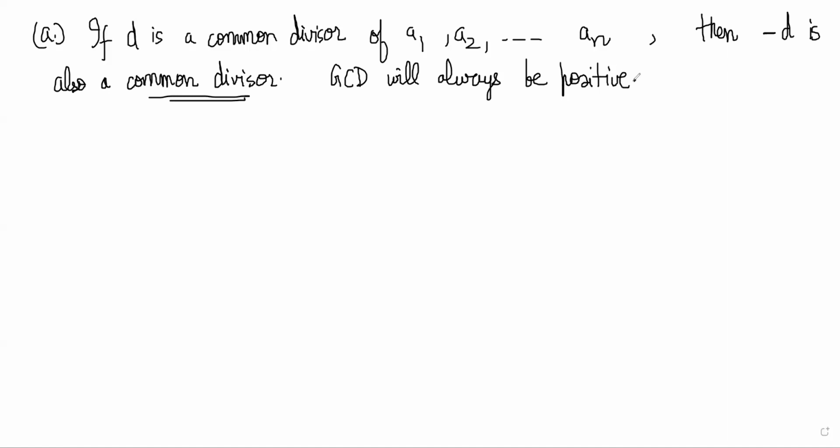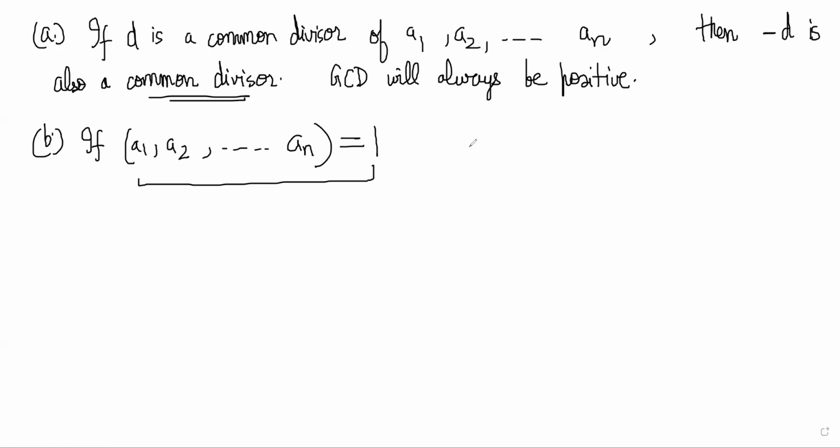Among the set of common divisors, there will be several values. The negatives of those will also be there, but the greatest value will always be a positive value, right? GCD will always be positive. The next property is, if GCD of A1, A2, ..., AN is equal to 1,